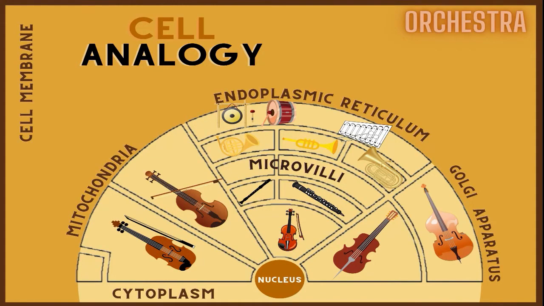Last but not least, we have the cell membrane. The cell membrane provides protection for a cell. It also provides a fixed environment inside the cell, and that membrane has several different functions. One is to transport nutrients to the cell, and also to transport toxic substances outside of the cell. The cell membrane would be compared to the theater. The theater is what holds the orchestra, and is the location where the performances are held. It is the building where the visitors go in and the threats are kept out. You can think of it as like the security.